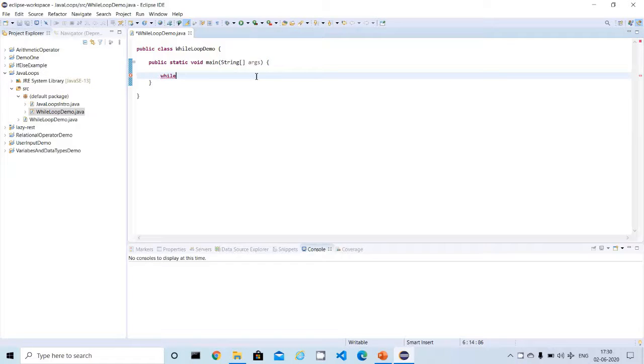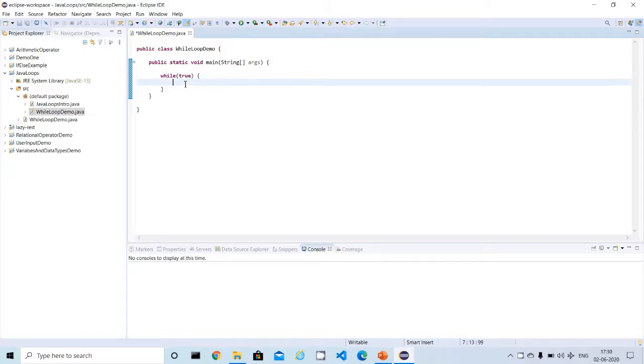Basically, while is a keyword, and inside it we have to pass a boolean value, true or false. If it is true, the statements inside execute a number of times until we get false.